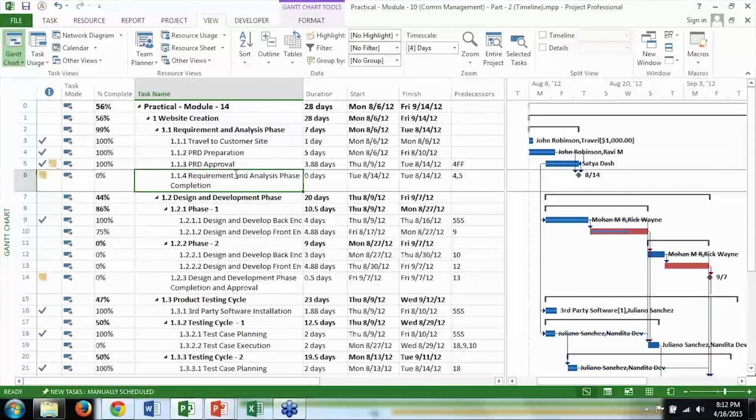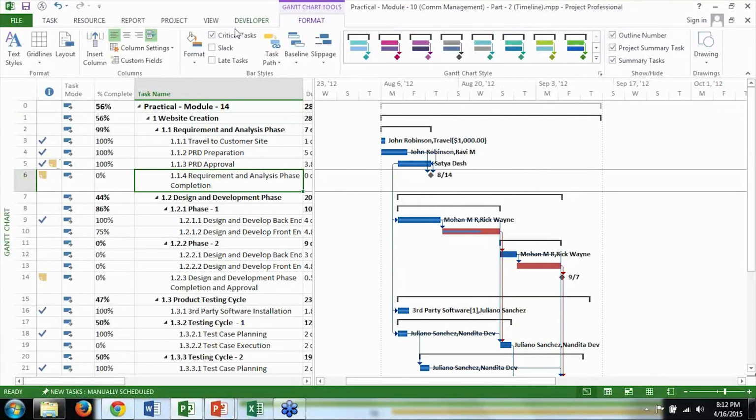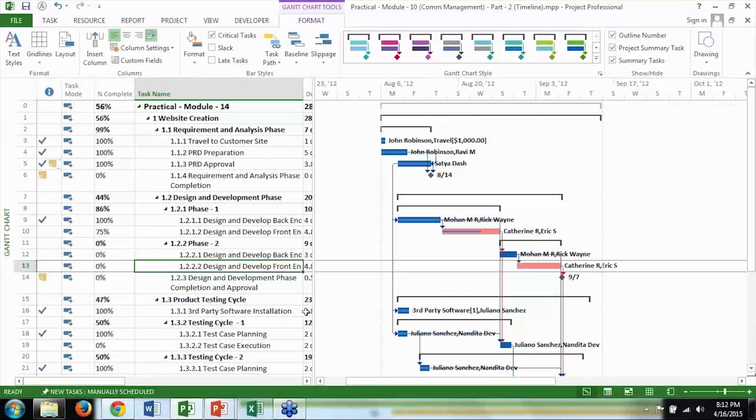In Microsoft Project, it is called tasks. If I want to see the critical path, here is the Gantt chart. This is the Gantt chart view. If I want to see the critical path, here is one of the quickest ways to go. All the red colored ones are critical paths, critical tasks. So this task, which is design and develop front end, and another task in phase 2, these two are